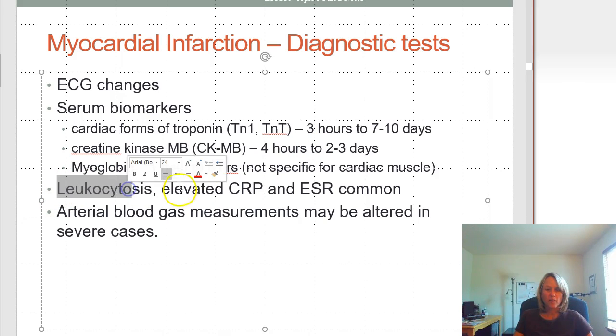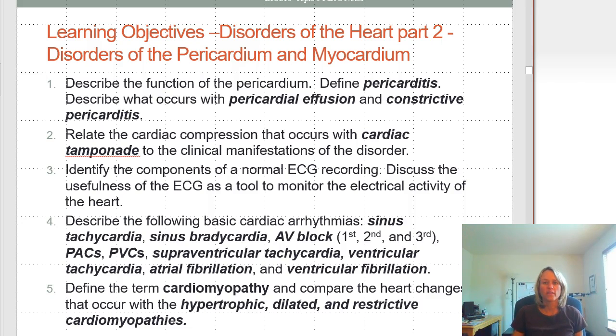Increased white blood cell count, elevated C-reactive protein, and an increased erythrocyte sedimentation rate. These are just general markers of inflammation. And then we may see changes in the blood gas in severe cases. Okay, so